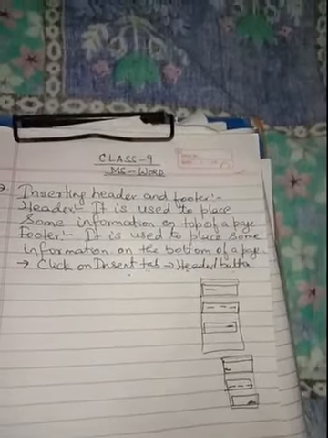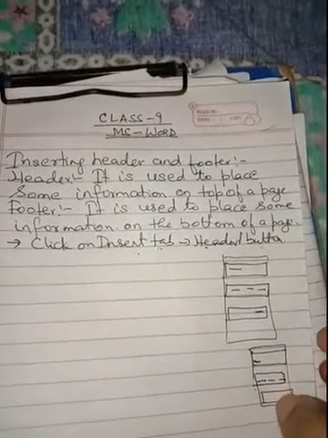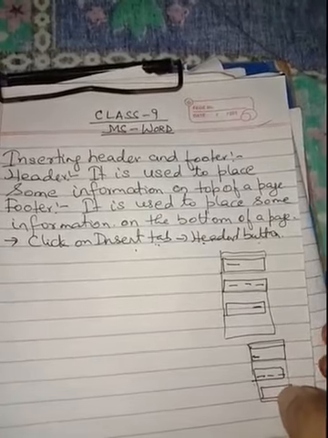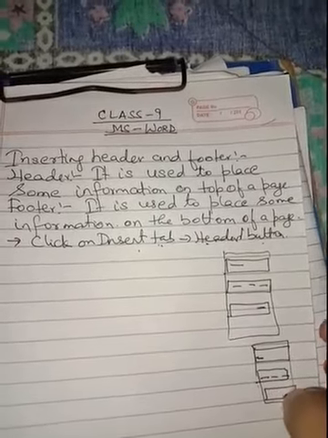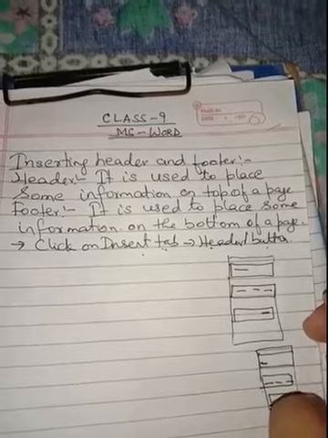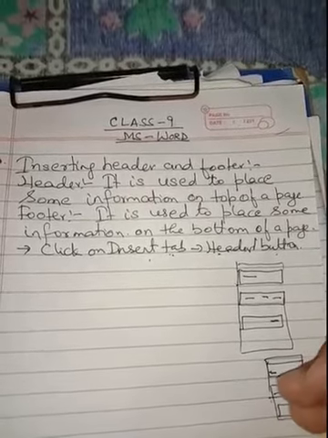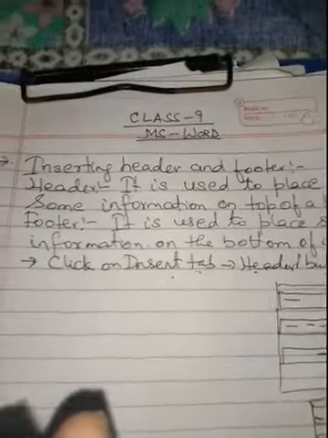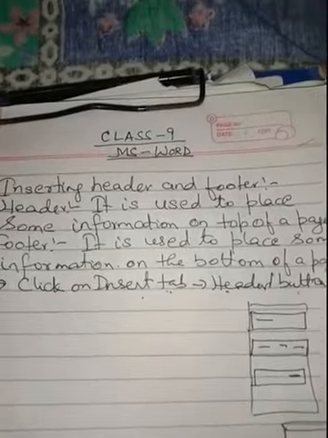So in this way we can select any of the options over here. We have to click over here, and then we can type our text, and then we can click on close header and footer button. So the footer will be added in our page. So in this way we can insert the header and footer in our document.